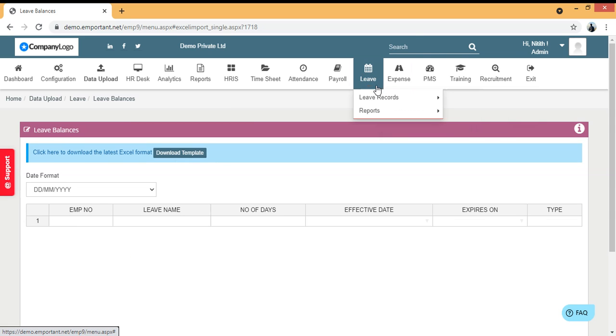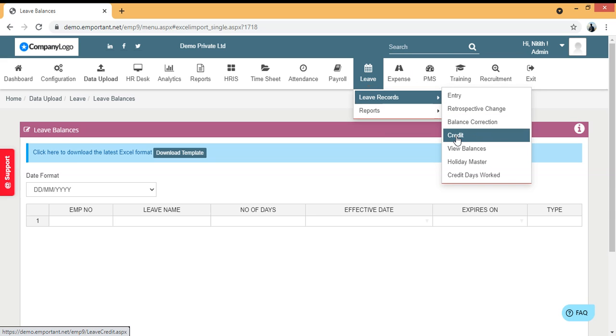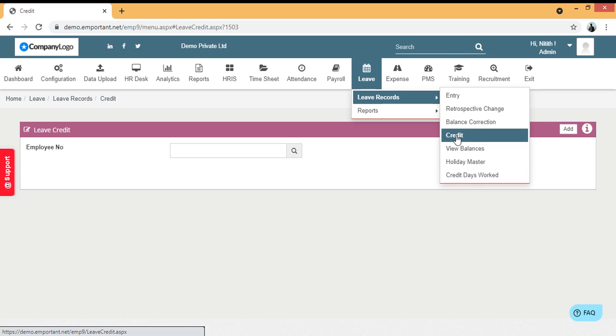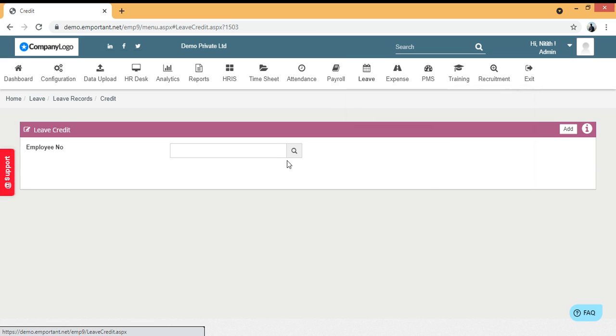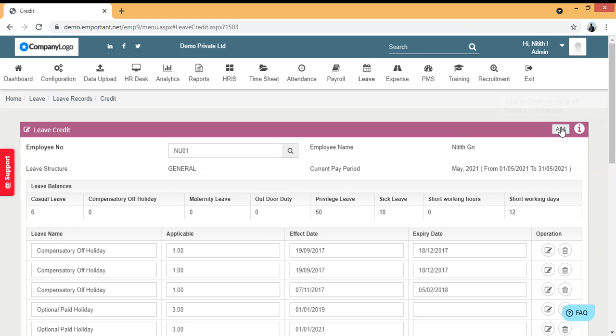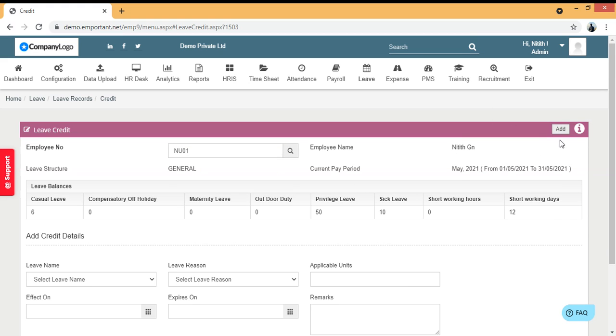Now coming to the next screen, credit, where you can apply leave credit. You can make any addition against any employee by following the simple path. On selecting the leave name, just enter the employee number, click on add,